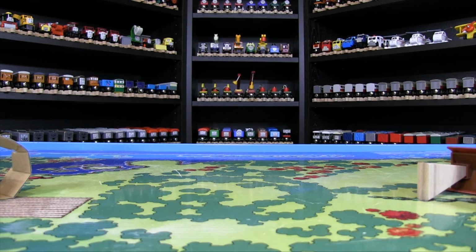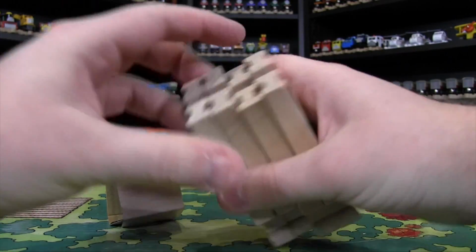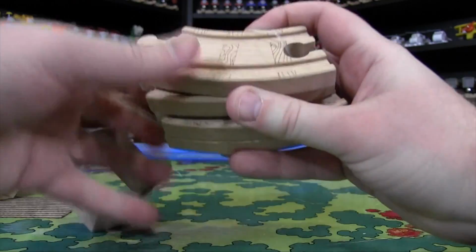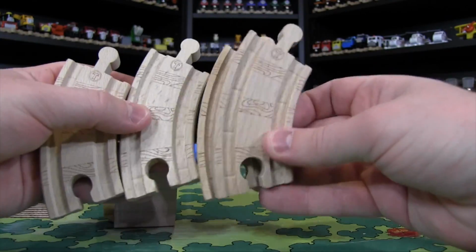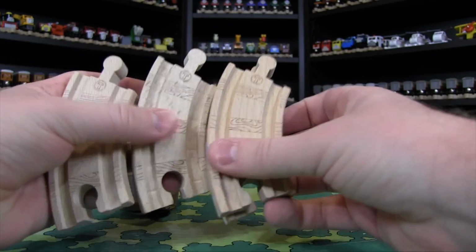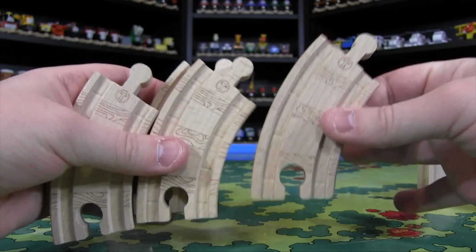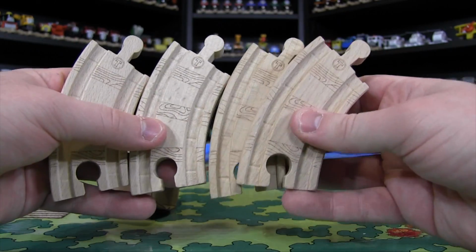I do have one more patch of curves. So we do get some curves because, you know, Thomas somehow has to make his way to the docks. So I feel similarly about the curves like I do the track. Wish we got more of them because you can actually take the curves and do stuff with them and build an actual layout. And I think that's what's been lacking with a lot of Thomas merchandise lately,